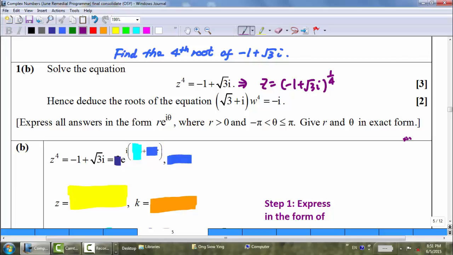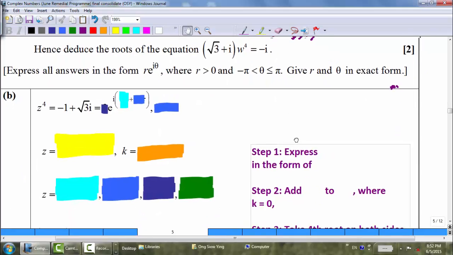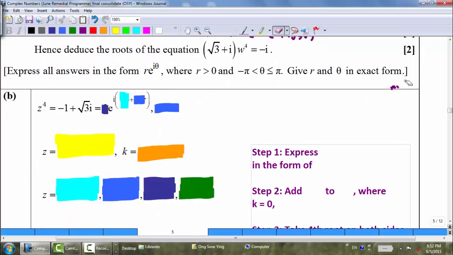So how are you going to find the fourth root of minus 1 plus square root 3i, knowing that there should be 4 answers because this is actually a quartic equation, right? Okay, so what should you do? Well, to solve this kind of equation, there is a standard way of doing it. First of all, there are standard steps for you to follow. If you try to recall what you have learned,